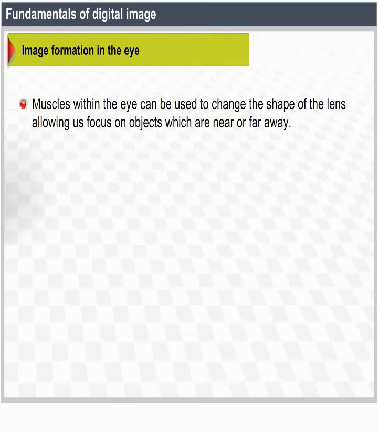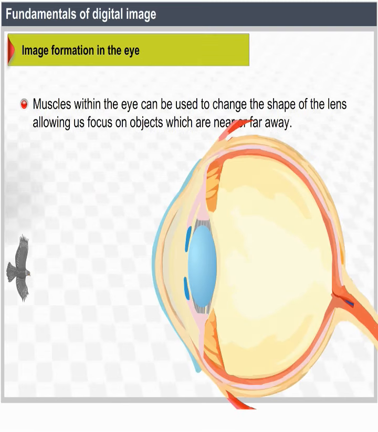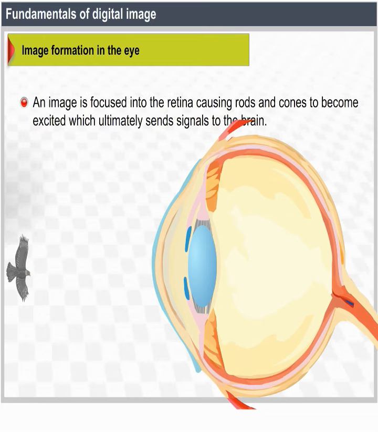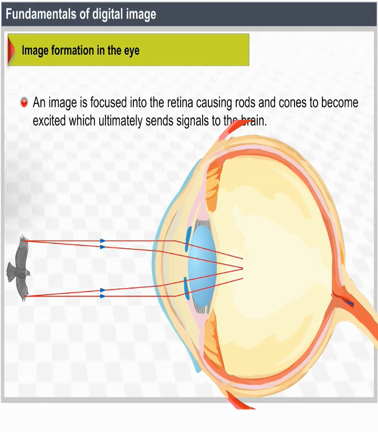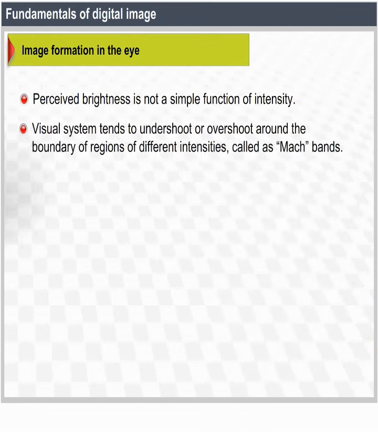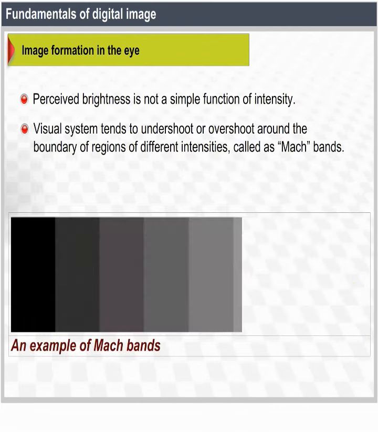Image formation in the eye. Muscles within the eye can be used to change the shape of the lens, allowing us to focus on objects that are near or far away. An image is focused onto the retina, causing rods and cones to become excited, which ultimately send signals to the brain. Perceived brightness is not a simple function of intensity. Visual system tends to undershoot or overshoot